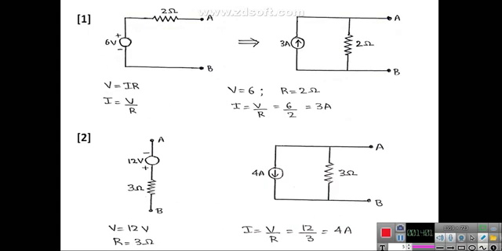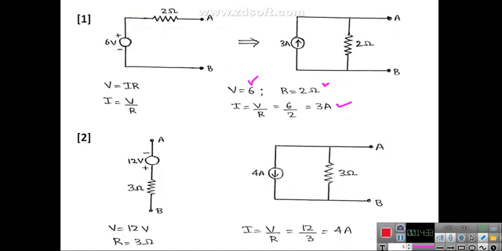I told already, I have to make use of Ohm's law, V is equal to I into R. Then you want to convert this voltage source into current source, so what is your I? I is equal to V by R. You know the V, you know the R. V is 6, and R is 2 ohm. Just substitute here, so V by R is equal to 3 ampere. This is the magnitude of the current source. That is how you need to find out the magnitude of the current.